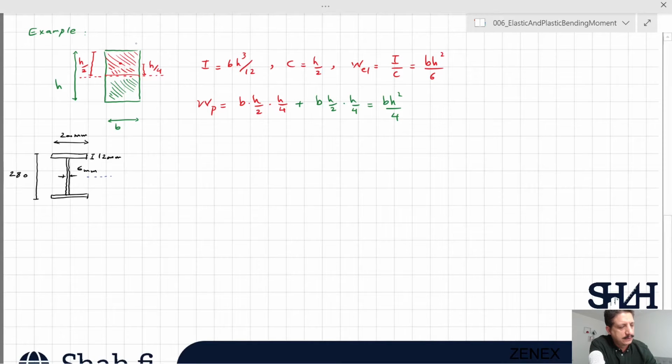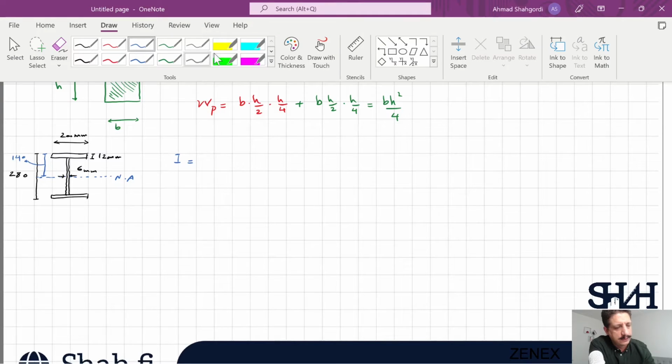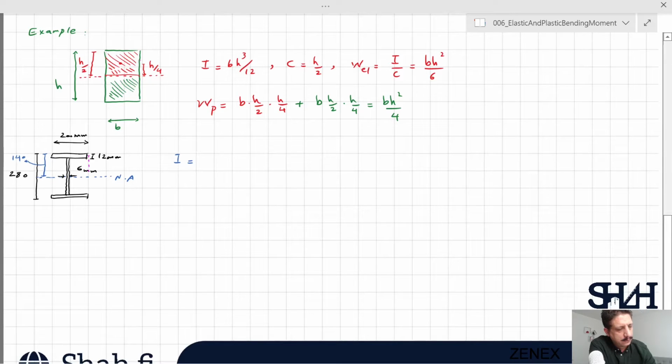And as far as the cross section is symmetric, we can say that the neutral axis is in the center. And here is 140 millimeter. So moment of inertia will be, there are plenty of ways to calculate. I calculate by the assumption of this